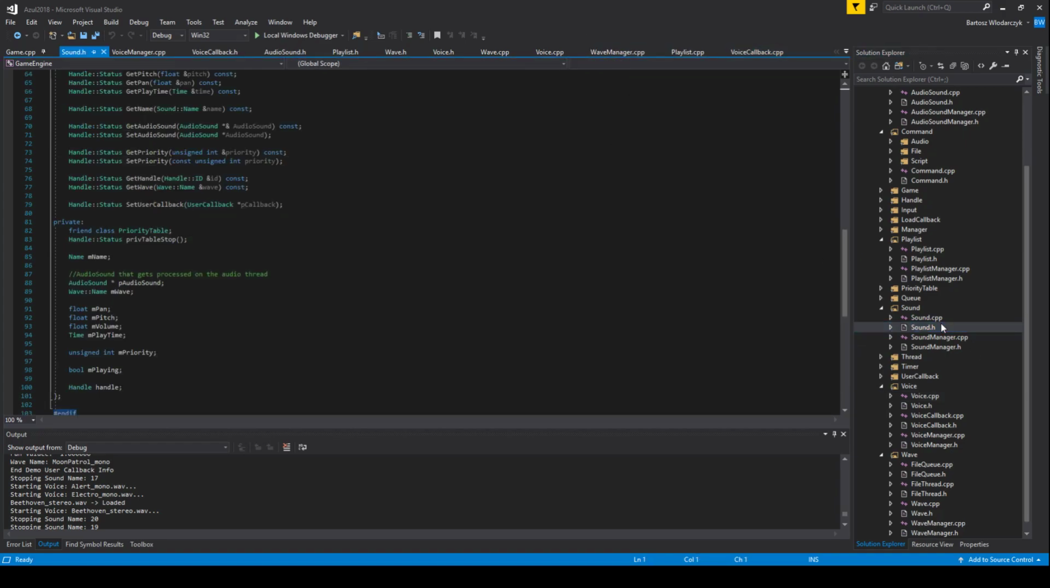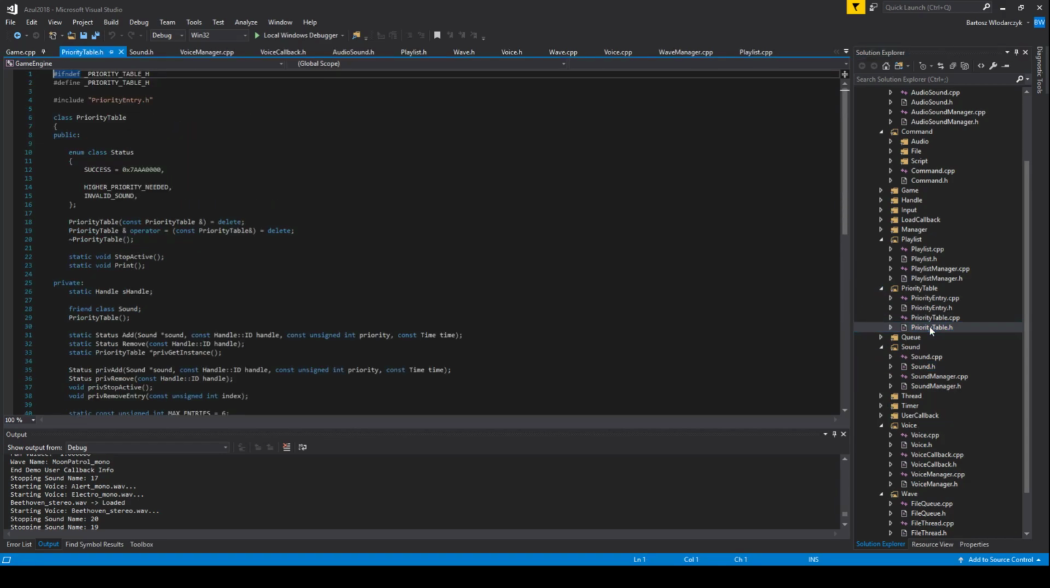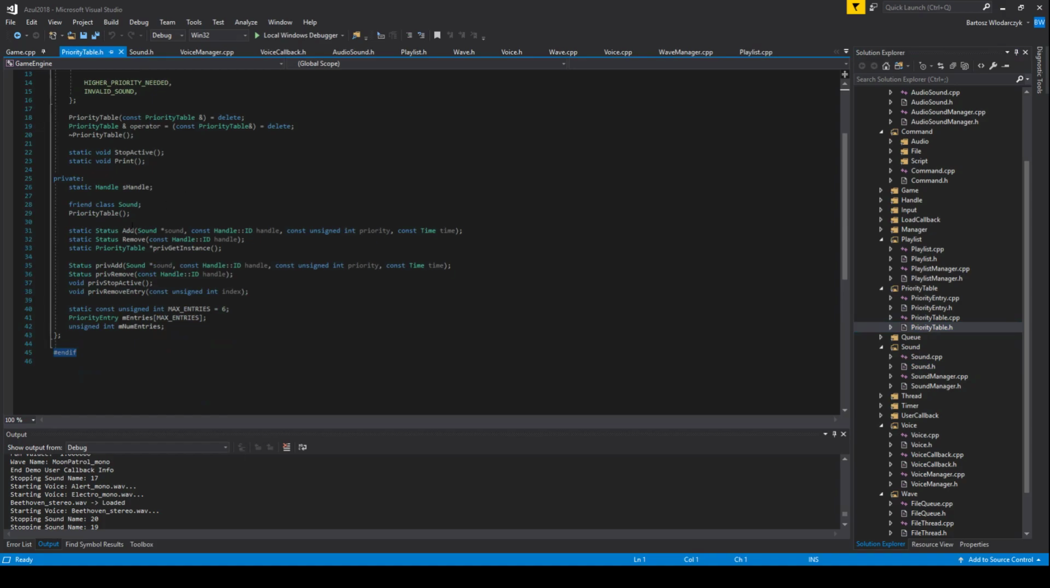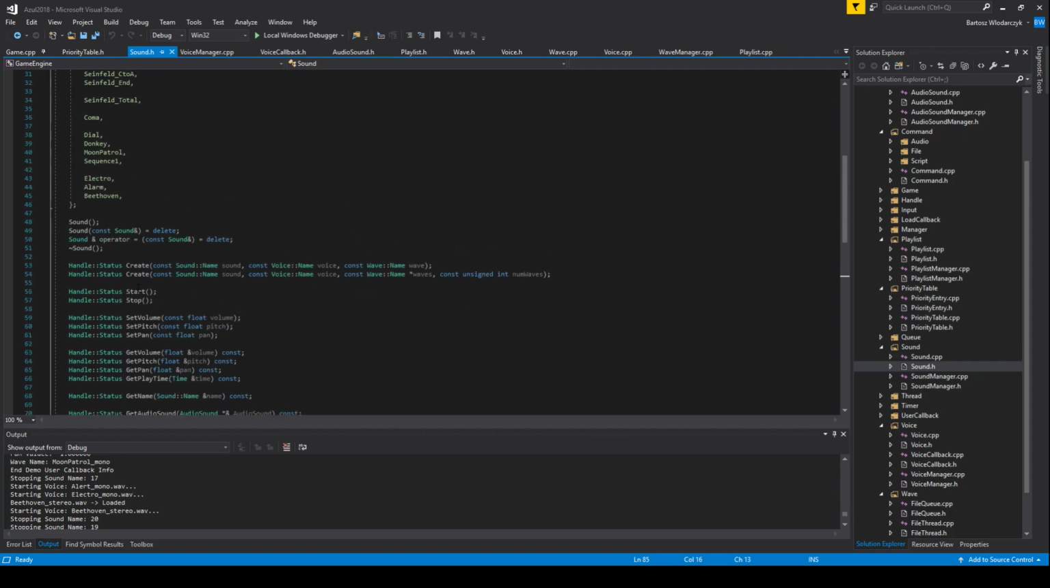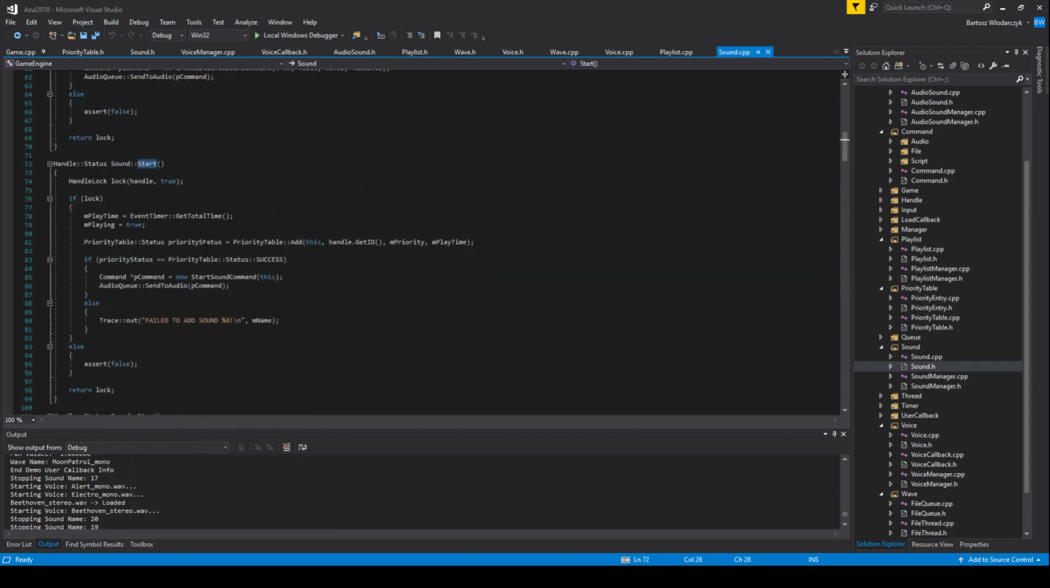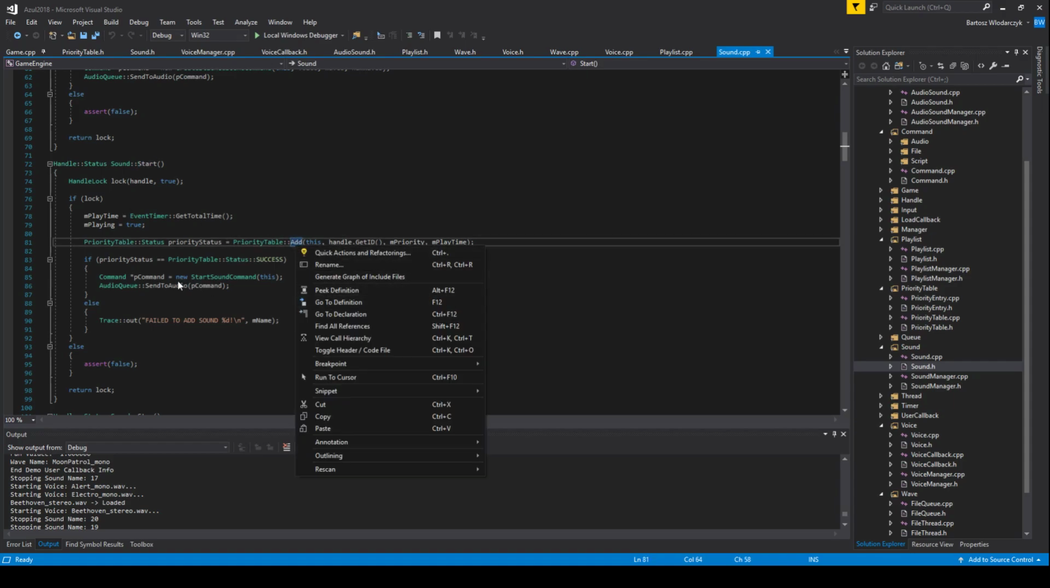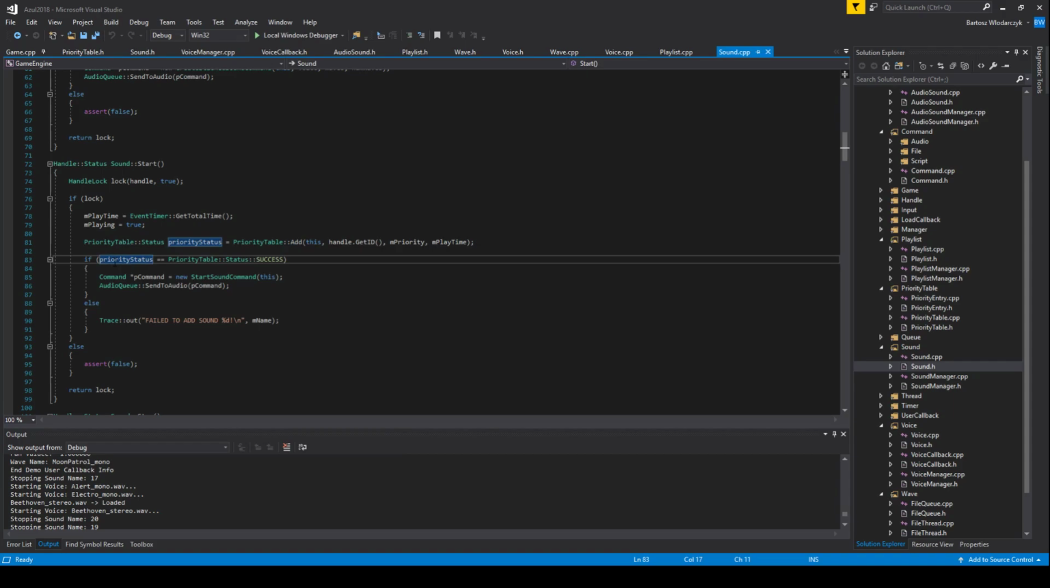So the next feature was the priority table. The priority table exists as a handle protected singleton, and it has the add or remove methods. And this guy gets called by the game sound when it gets started and stopped. So when it gets started, it's going to attempt to add itself to the priority table, and if it successfully added itself, meaning it had a low enough priority as well as a low enough start time by this starting here,